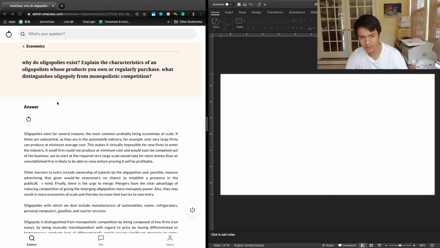The next question asks us to explain the characteristics of oligopolists whose products you own or regularly purchase. So I don't know about owning or regular purchase, but a common example of oligopolies include the automobile industry. So if you think about the number of car brands out there, you can probably name the big ones right off the top of your head. There's Honda, Toyota, then you have GM, Ford, Mercedes, Audi. You might feel like, well, that seems like more than a few companies, but the fact that you can name most of the car brands that dominate the market without really having to think very hard means that it's most